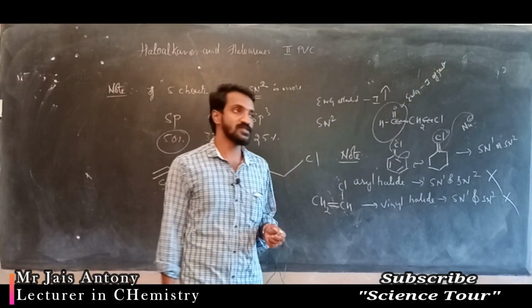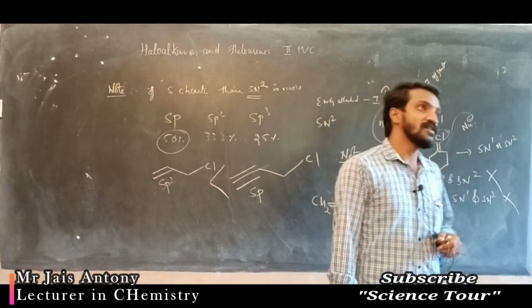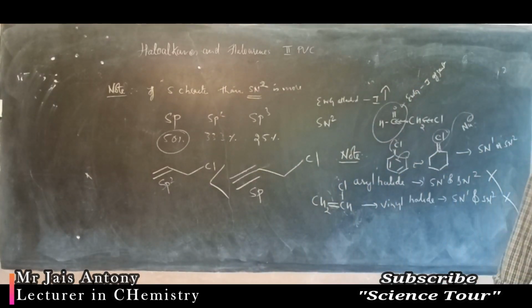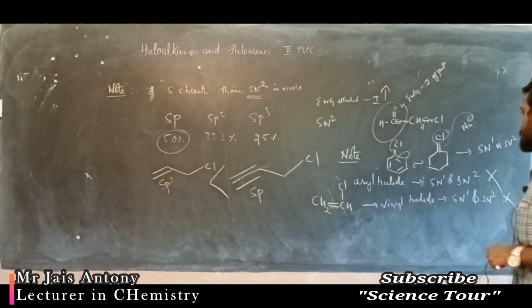Okay, if one compound is given, vinyl halide, at that time immediately a question appears whether it shows SN1 or SN2 or SN or none of these. You try none of these. Understood? Okay. Next point is